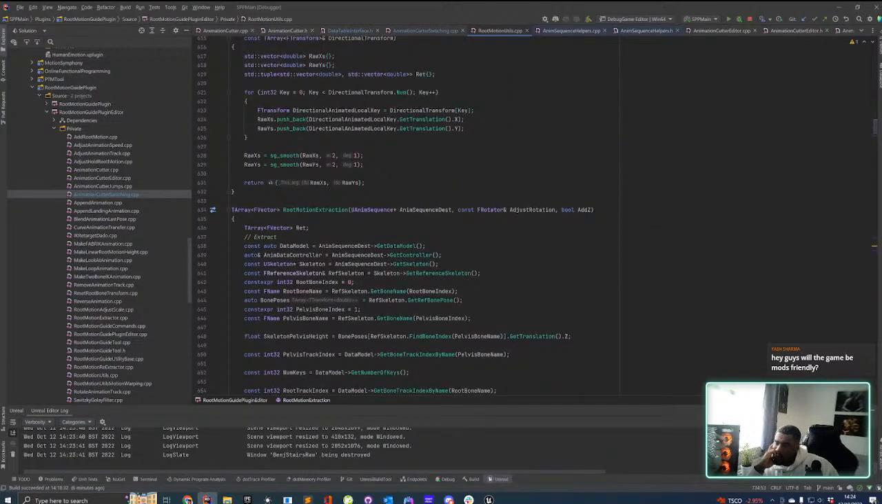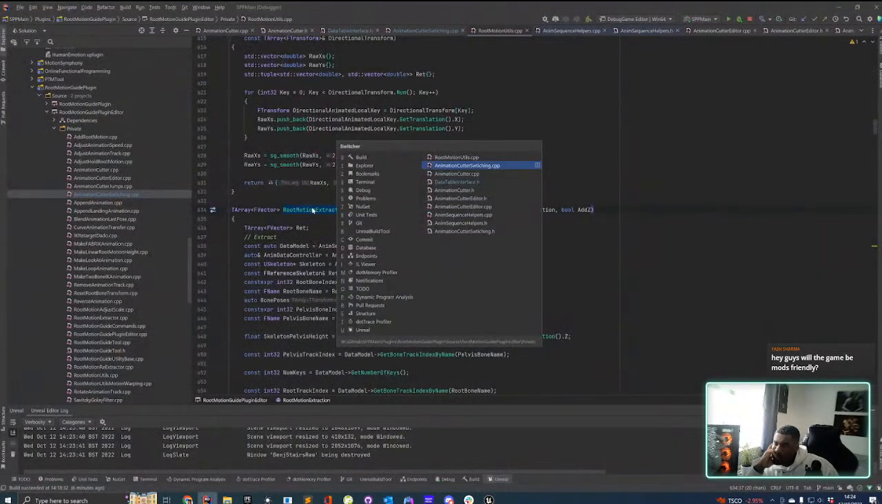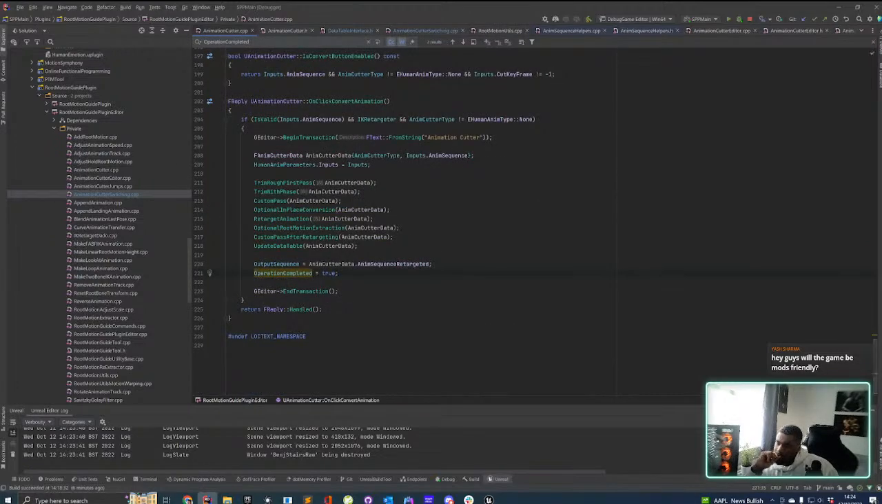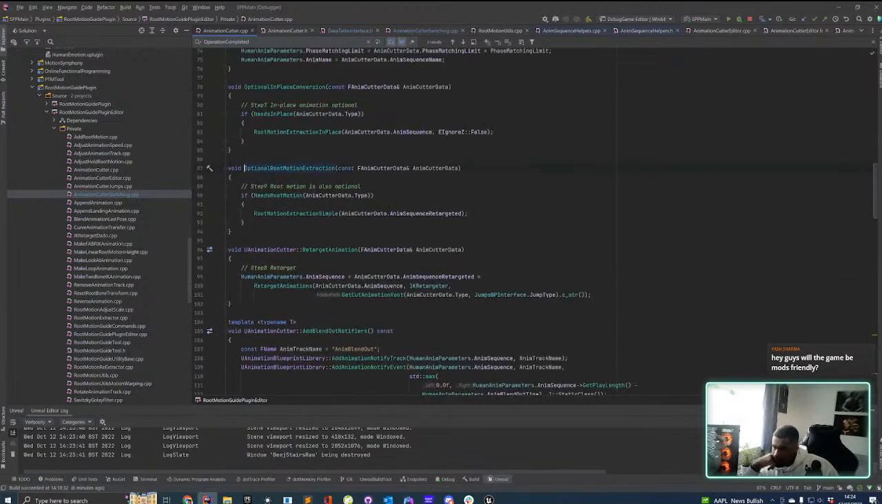So we need to do root motion extraction, not root motion extraction simple. Root motion extraction will actually give you the root motion, and the root motion will include the rotation on the root. If we only do root motion extraction simple, the root won't be rotated, it will always be